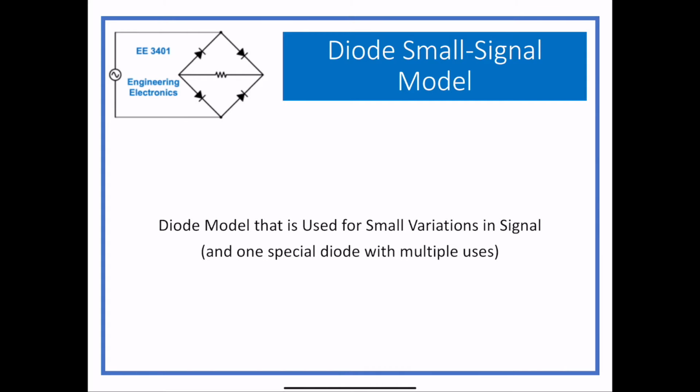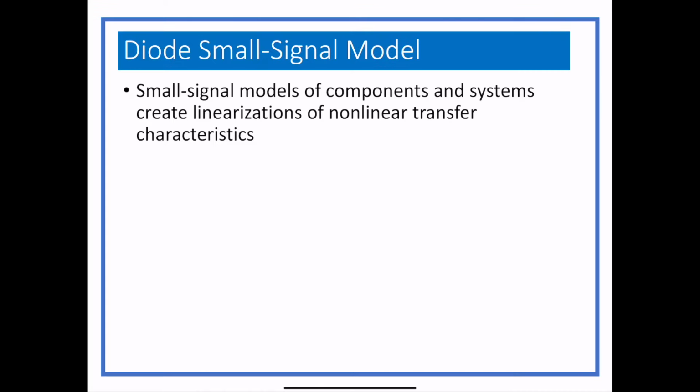We're going to look at what happens in a diode now if we change the signal slightly for a diode that's already forward biased. So we're not looking at what happens when we have an AC voltage that changes plus to minus and turns the diode on and off. We're actually looking at a small variation in signal that does not change the bias point, but will actually vary the value of the circuits somewhat. So the small signal models